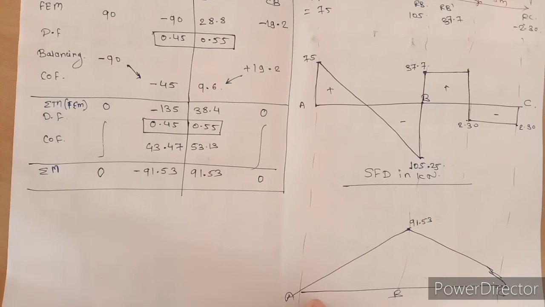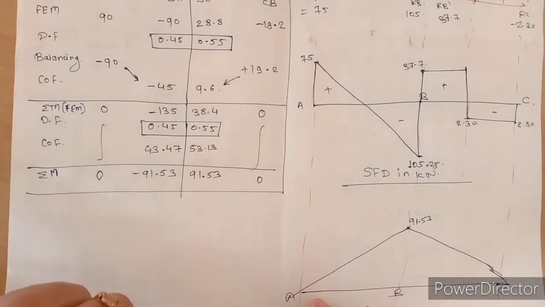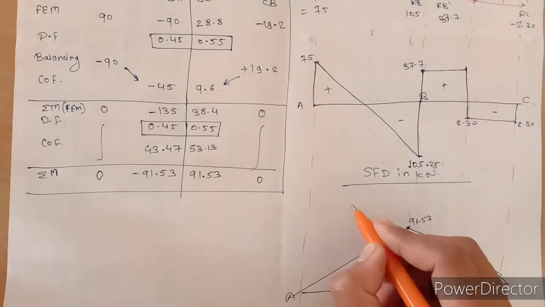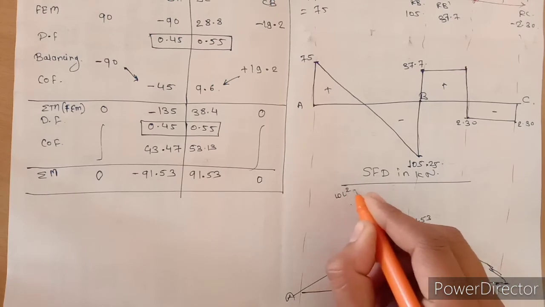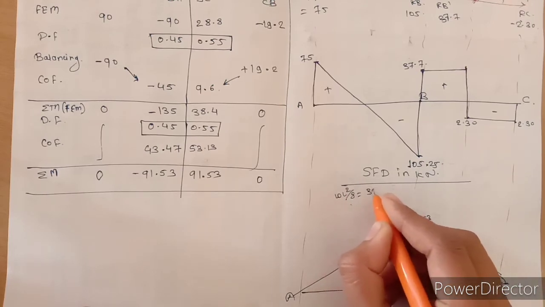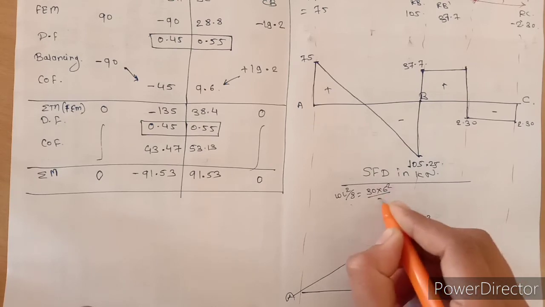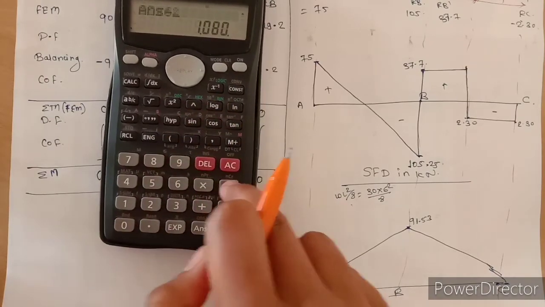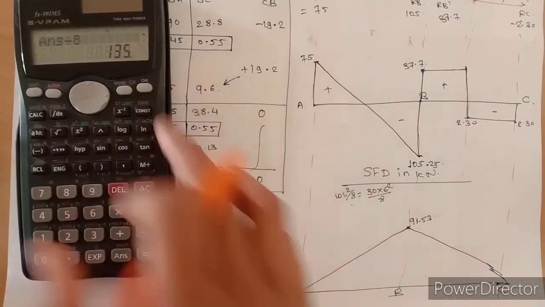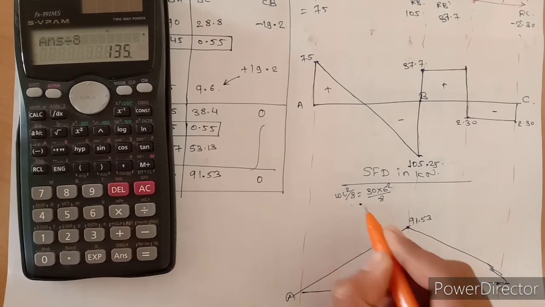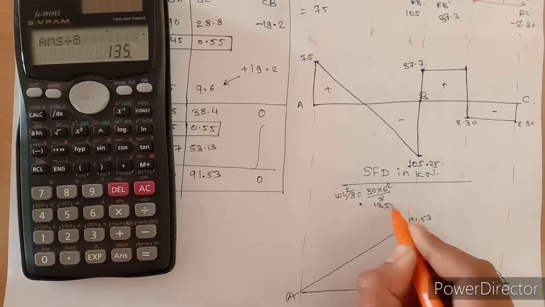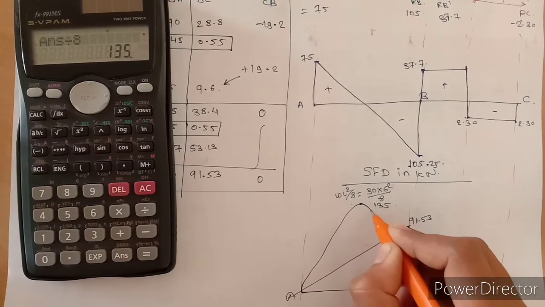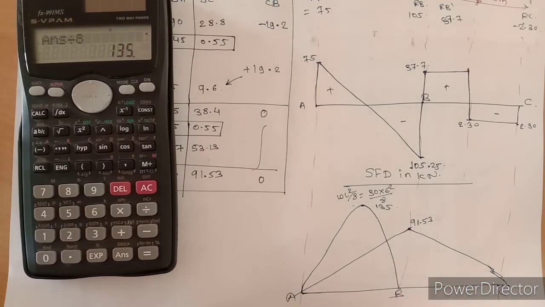And then we know the formula for finding the bending moment diagram. So over this AB member a 30 kilonewton per meter UDL acts. So the formula is WL square divided by 8. So here W is 30 multiplied by length 6 square divided by 8. So the answer is 135. So approximately we take here 135. So here we draw a parabolic curve because over this AB member a UDL acts.